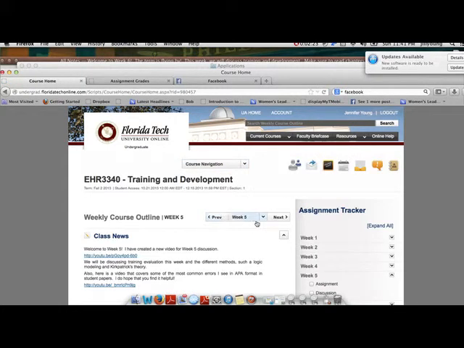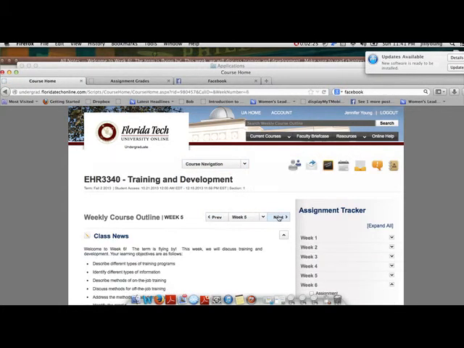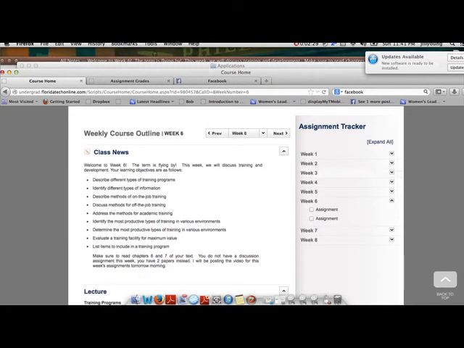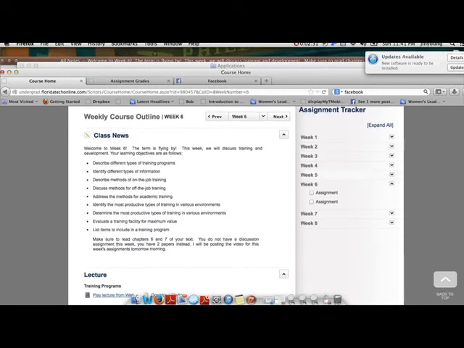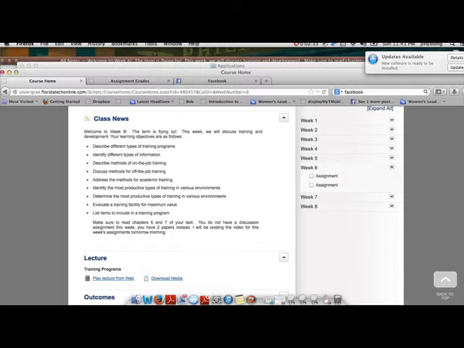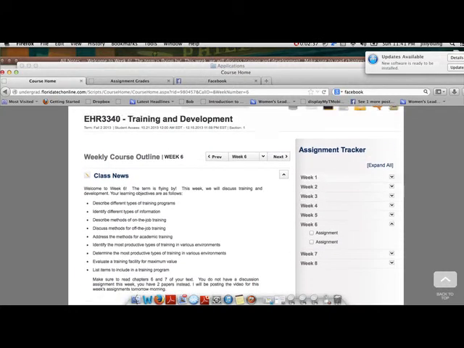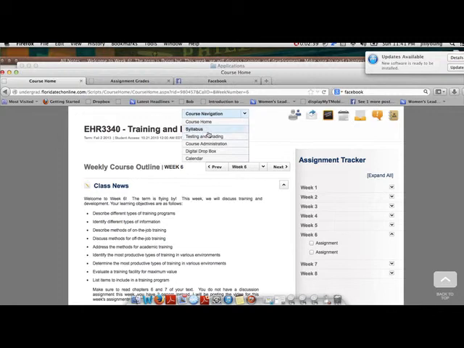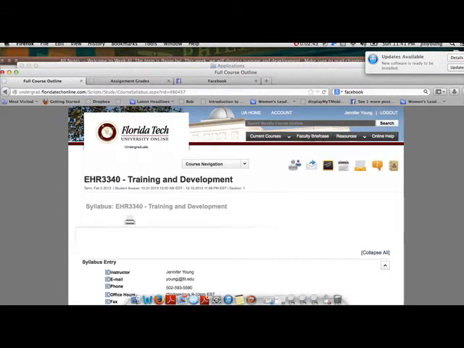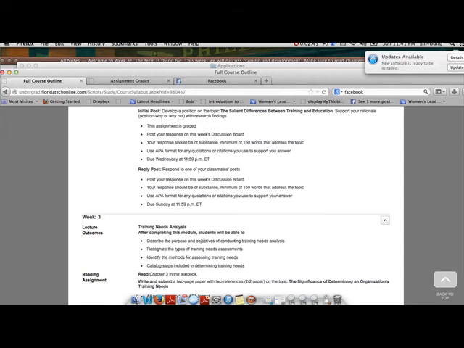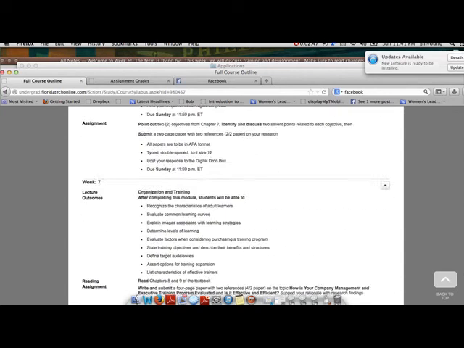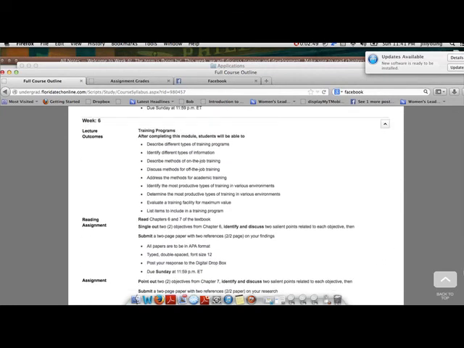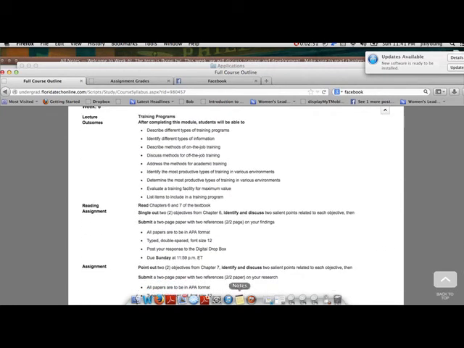Week 6 is different. No discussion at all. This is 2 Dropbox assignments, 2 papers. A paper for week 6 and a paper for week 7. And basically what it asks you to do is read your chapters 6 and 7 right here,